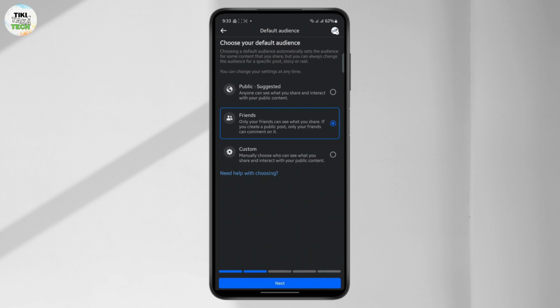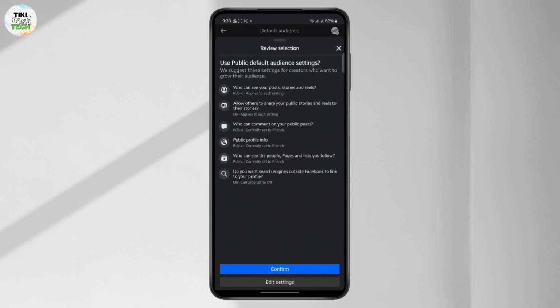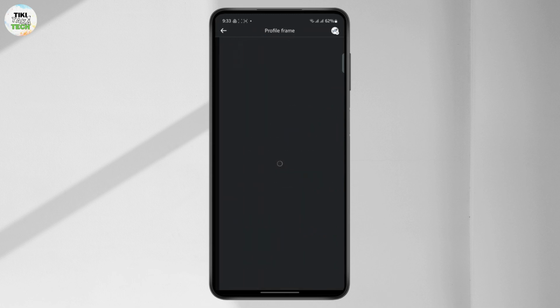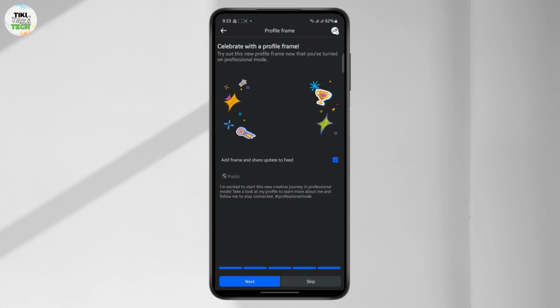Choose your default audience. So public is suggested because your account should be public and many people will be able to view it. Tap on next and confirm all of these settings. And then you can just go to monetization tool and tap on next. Keep tapping on next. And finally on your profile frame, you can add these kind of stuff to know